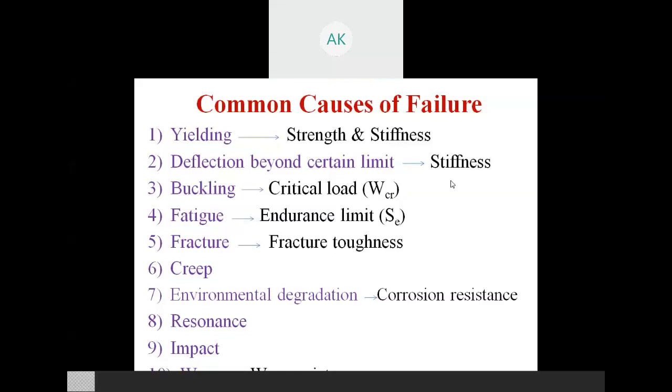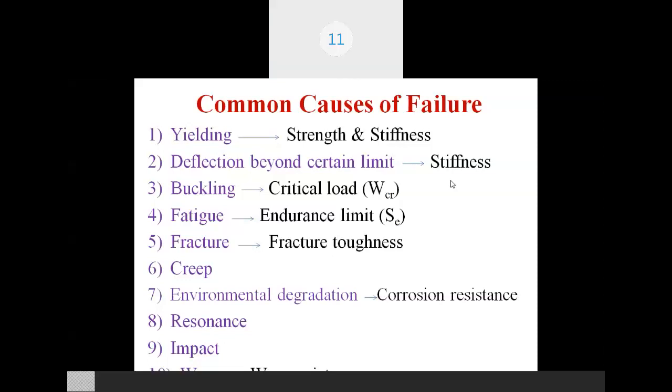For which components do you get the buckling failure? Columns. Buckling is the bending of a beam at the middle because of load applied. In I-beams, buckling happens. No, you are mixing bending with buckling. Bending is somewhat different than buckling. So what is buckling? What you are talking about, I-beams and the deflection at the center, that is totally bending failure. But what is buckling?